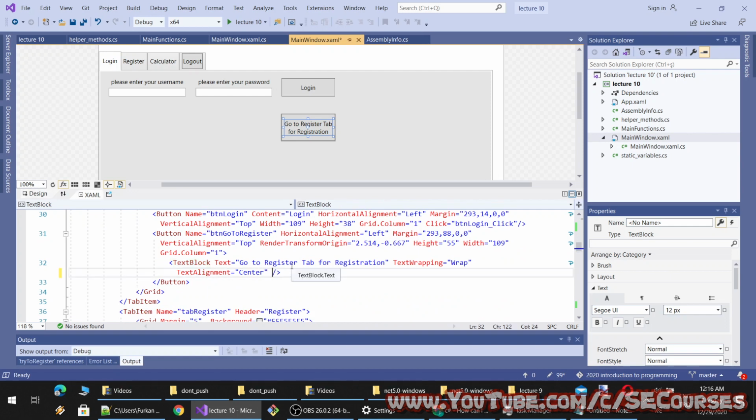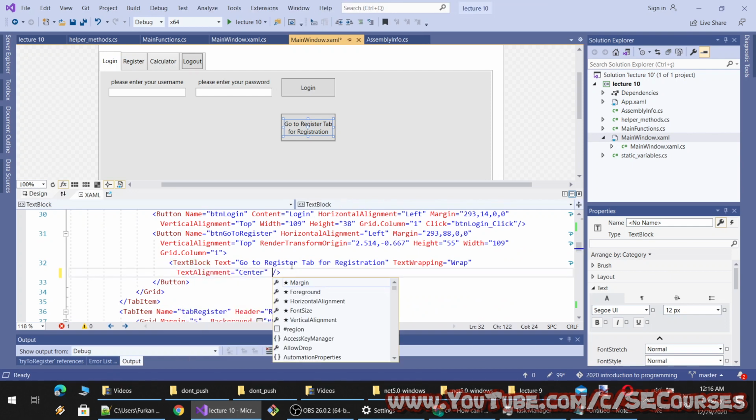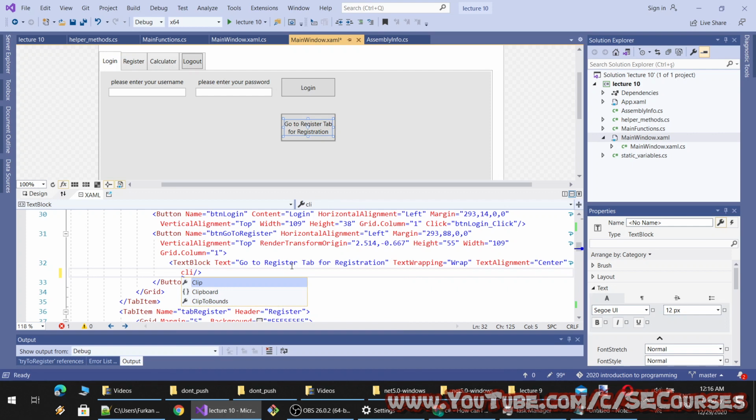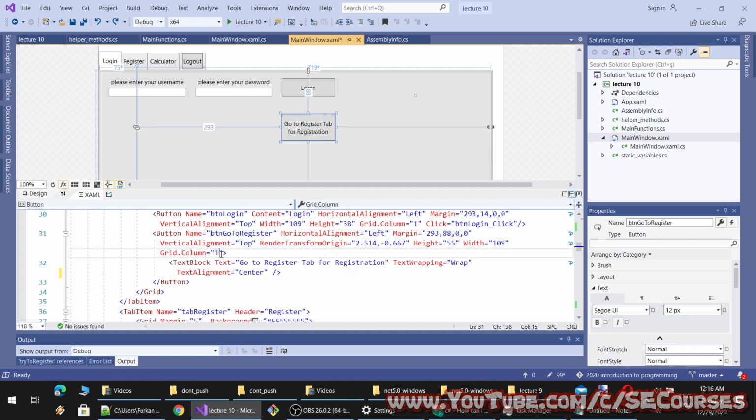Okay, no click event is coded, so I will code a click event for it. Oh, not the text block. So this is a button with a text block. Okay, so I will compose the click event here. Click, new event handler registration.